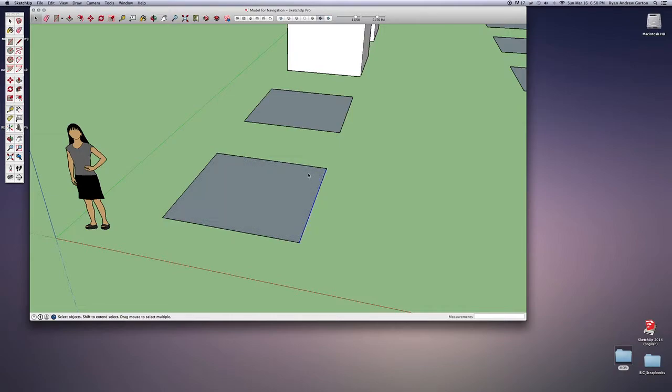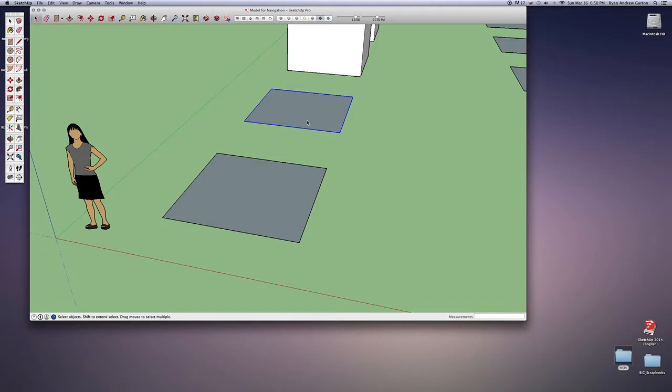You'll notice the difference between these two items is that one of them is basically a series of connected lines and a face in between those lines. The connected lines make that face. This one, when I click on it, I get a blue boundary around the entire thing. This tells me that this is a grouped shape. The best way I can explain what a group is: a group is basically an invisible protective envelope, either two-dimensional or three-dimensional depending on what your object is, that is protecting your geometry within so that everything doesn't